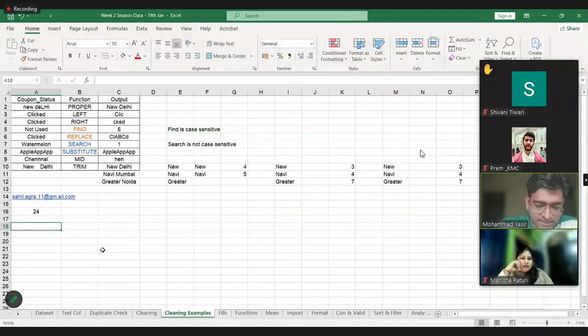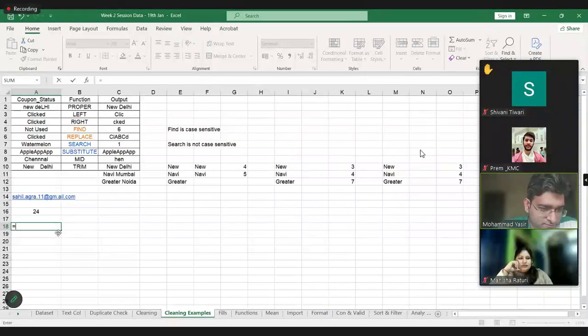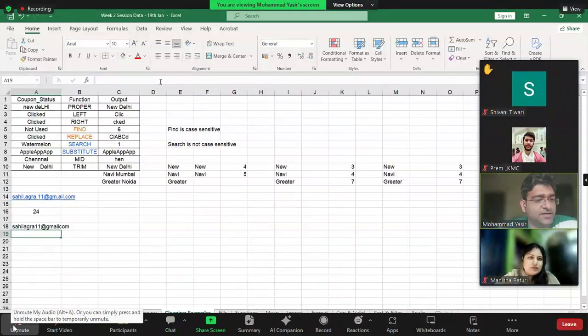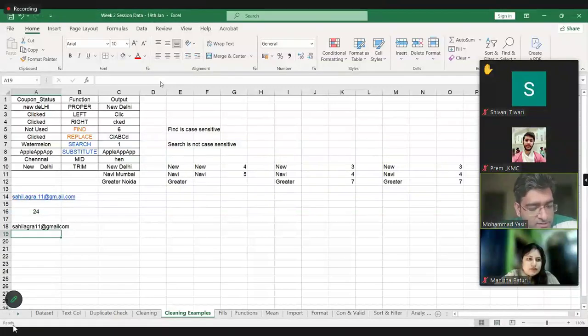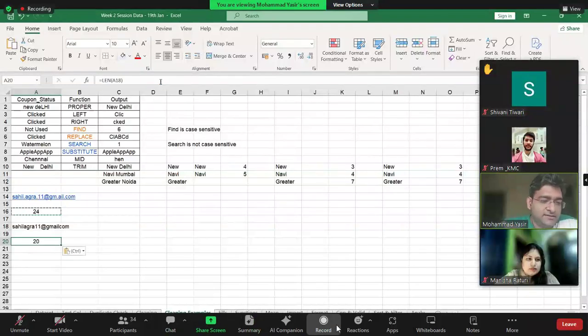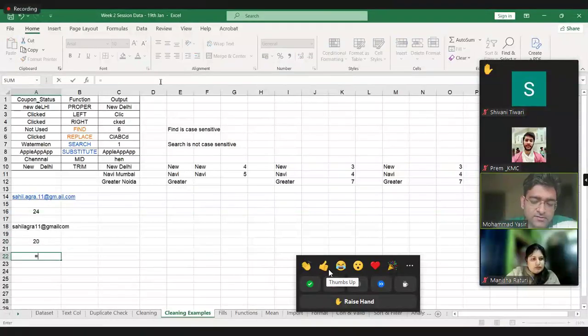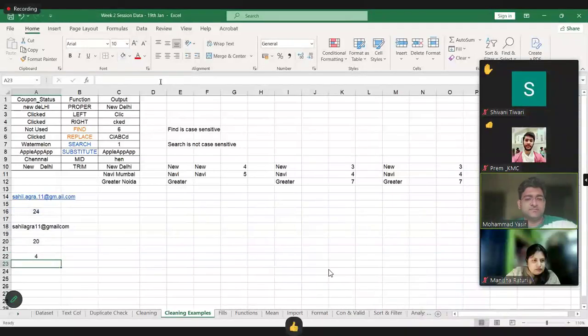Now, if I substitute decimal places with nothing, I will get a new string without decimal places. Then I can use the length function to calculate the length of this new string. Then I will do a minus. This is the answer.